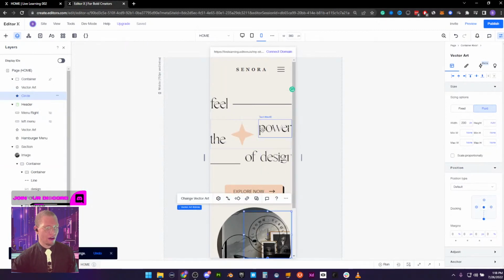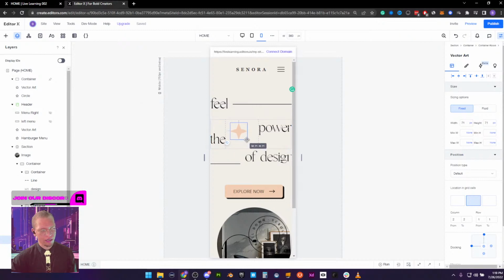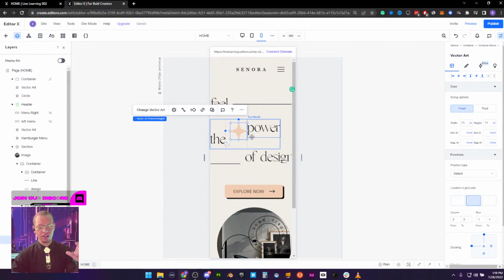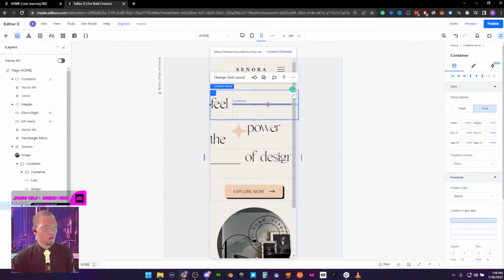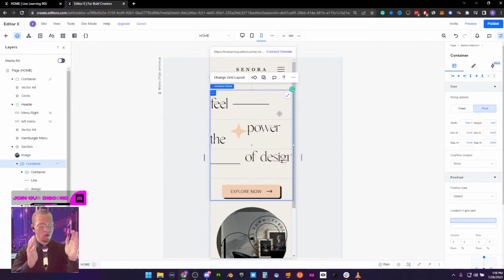So we're looking good on our font size. Now we're going to scale some of our other assets like our star. We're just going to make it a little bit smaller. And as you can see, I made the star a little bit smaller, and the containers it's within are starting to move a little bit. We're going to move our line here. We're going to pull this in and make it a little bit smaller. The container kind of conforms.